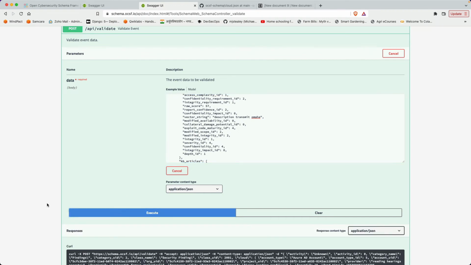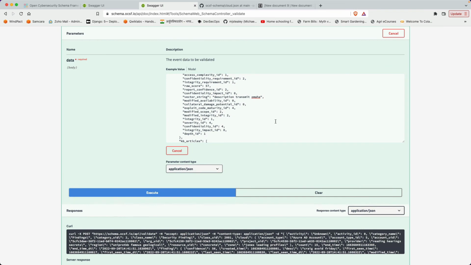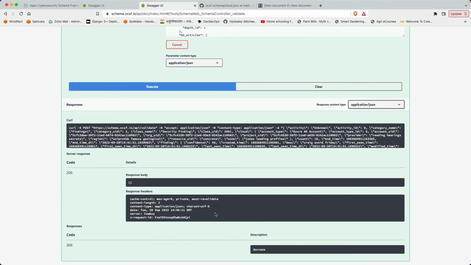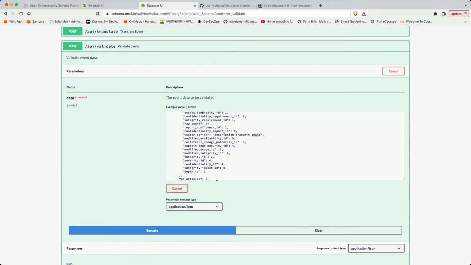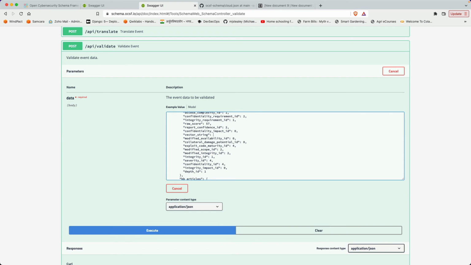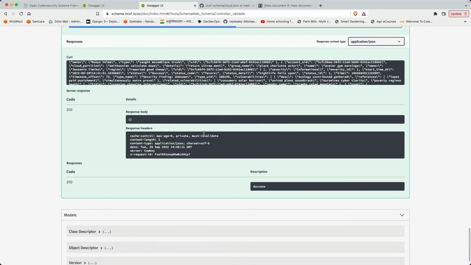Let me execute and let's see if there is still an error. So we've seen it is performing validation primarily on data types. Honestly, that's my observation at this time and not the actual data. For example, this vector string by no means is a valid CVSS vector string, but it is still passing the validation, and I assume, considering the fact that this is